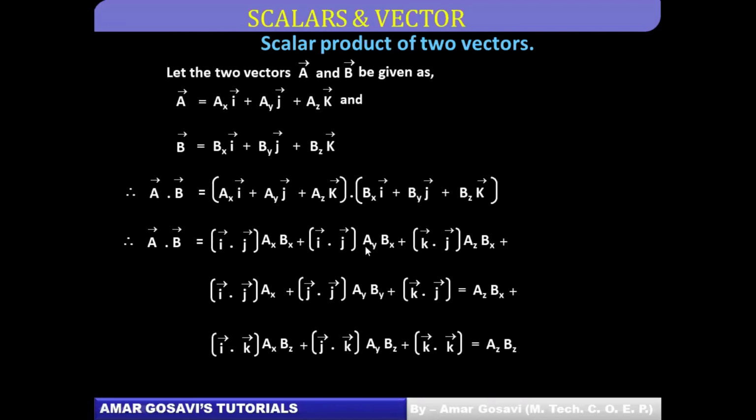Everywhere it should be Bx as the first term for the first row. For the second row, everywhere it should be By as the second term, you can see. And obviously, for the third row, everywhere Bz will be the third term. Here also no equal to sign, it should be multiplication. So with these corrections, please make a note of this slide and then I'll tell you how this equation gets